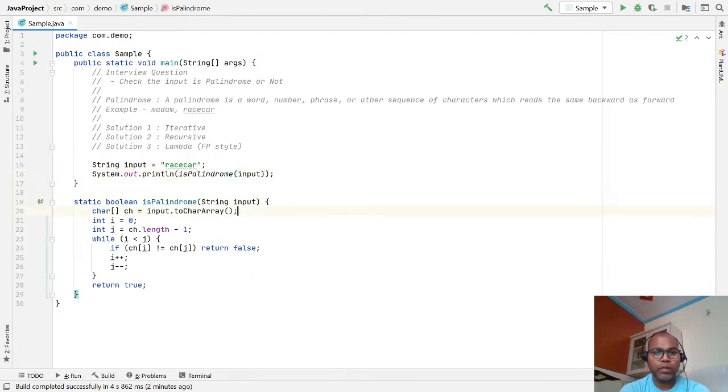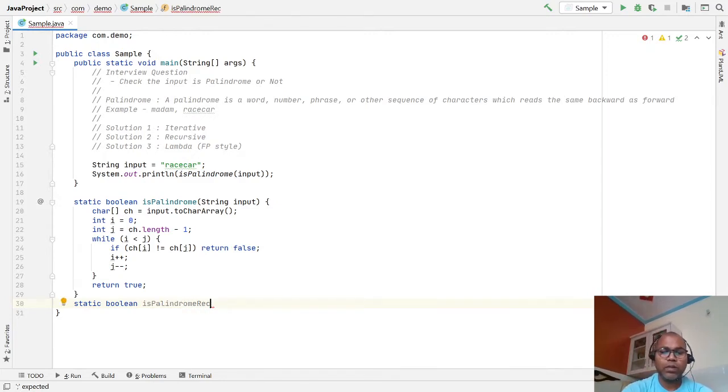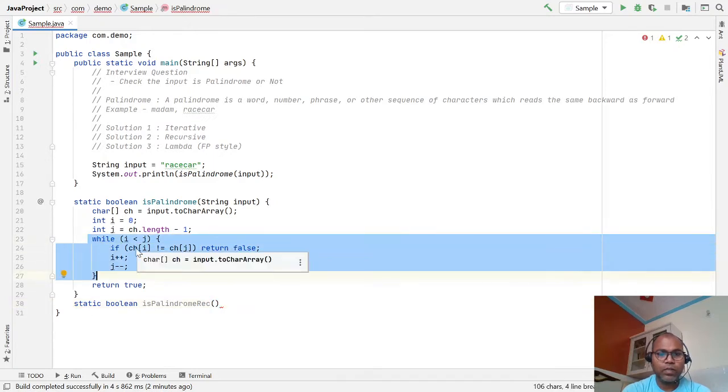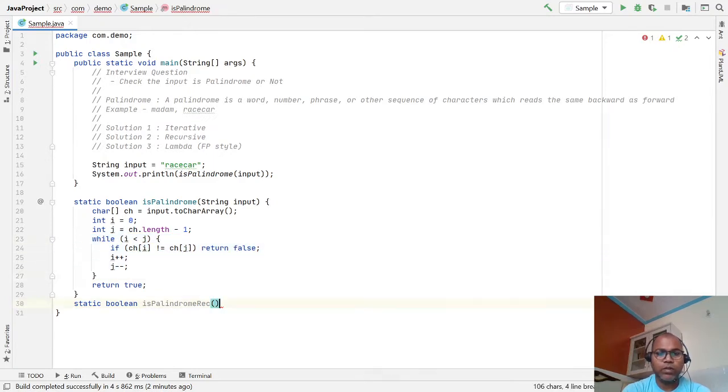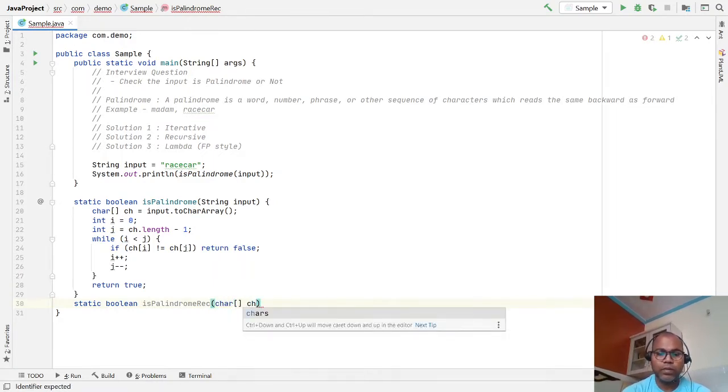So for the recursive function, we take a method that returns boolean, isPalindromeRecursive. What inputs does it need? The array of characters, I and J, three values: a characters array, the starting index and the last index.